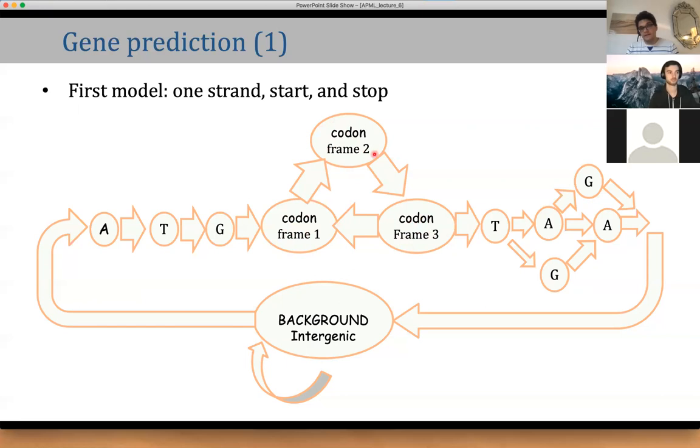And then when I finish my frame 1, frame 2, frame 3, I can finish the gene, and this has to be necessarily either TAA, TAG, or TGA. Okay, I didn't make a mistake. And so here you see that's also a state in the Markov chain, and they can only emit one letter. And if I go out of my gene, I'm back in the intergenic. And that's just the letter frequency I have if I don't have this gene structure.